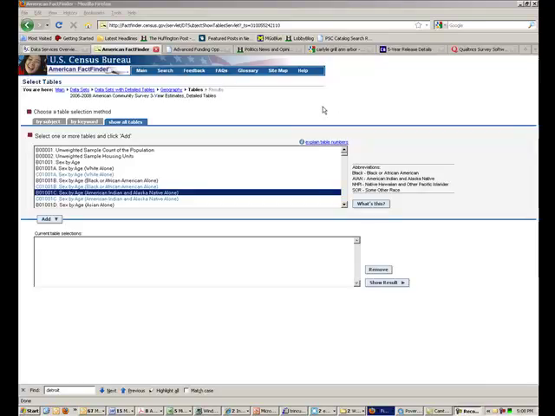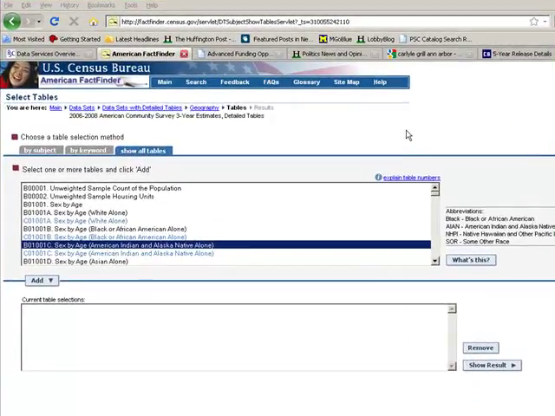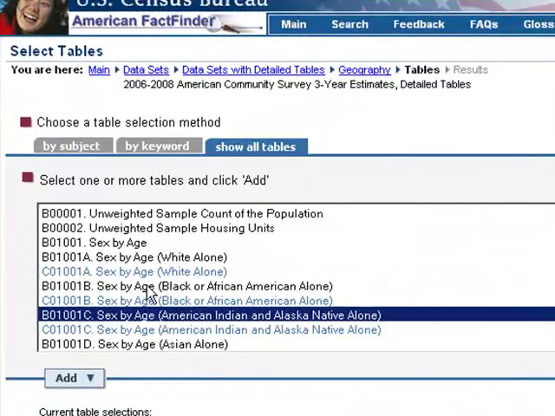This is an illustration of a problem that we can't get the answer by using American FactFinder. I have a researcher that wants to know the average age of the population 60 and over for blacks in Detroit by gender. So what's the average age of black males and the average age of black females for the population 60 and over? If I go to the detailed tables in American FactFinder and look at what the sex